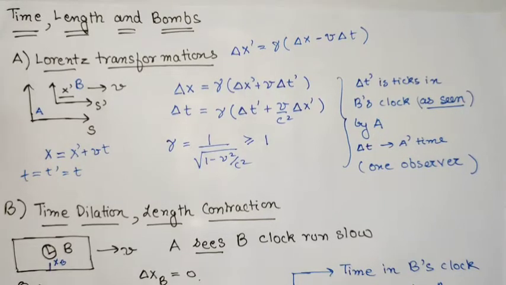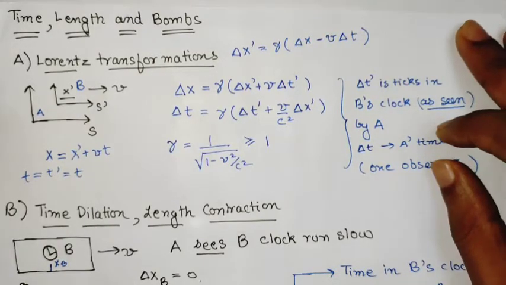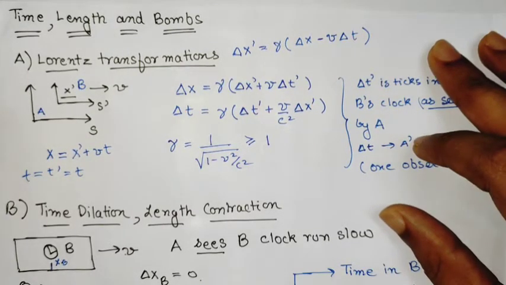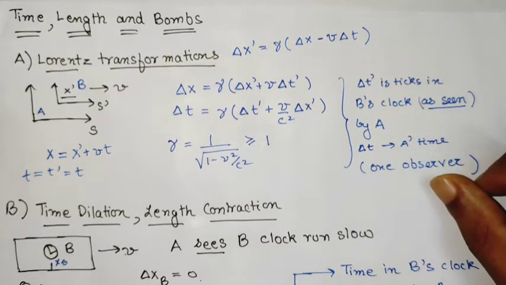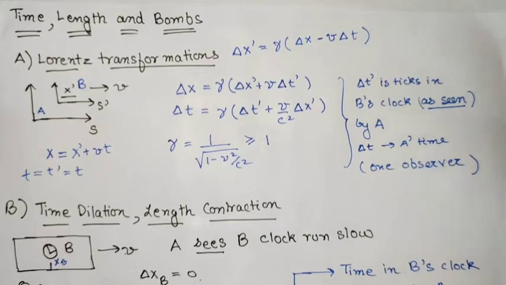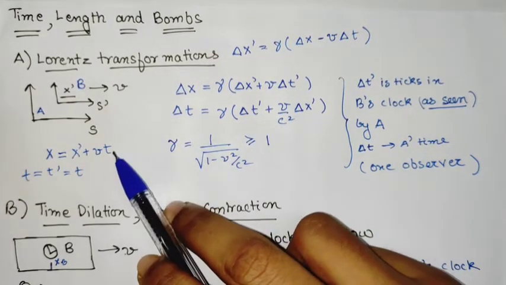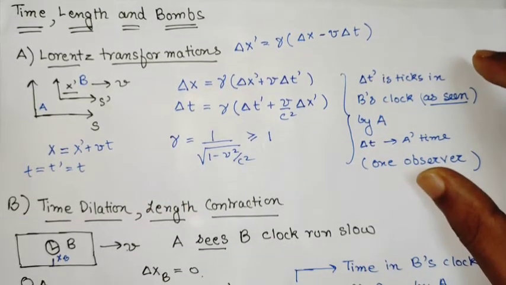Welcome to this video. In this video, I will be discussing Lorentz transformations and some applications of the special theory of relativity. One of the important points that separates the special theory of relativity, or speeds that are close to the velocity of light, from the normal classical regime is that in the classical sense, when velocities are much smaller than the speed of light, time is an absolute parameter.